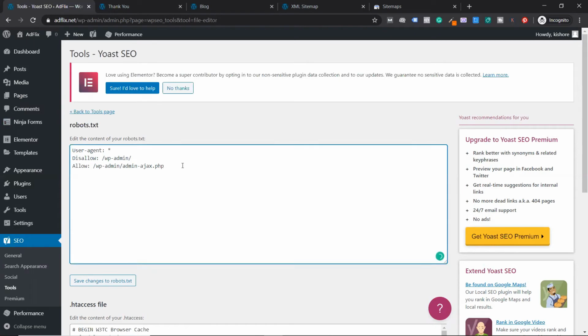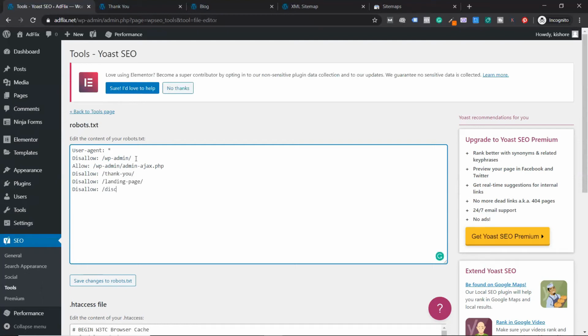Here also you can restrict pages. By default you can see Googlebot. WP admin has been blocked, which means Google doesn't crawl it or show that page in the Google index. Similarly, you can disallow multiple pages. Type Disallow, which works like noindex here. Type /, and if it's a thank you page, type thank-you. Again Disallow, then / and your landing page path, whatever the page URL path is. You don't need to paste the complete URL, just the path is sufficient.